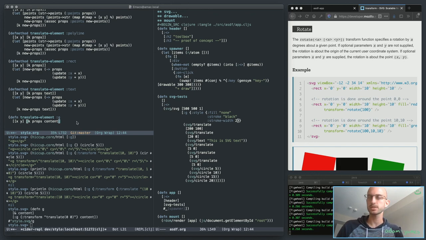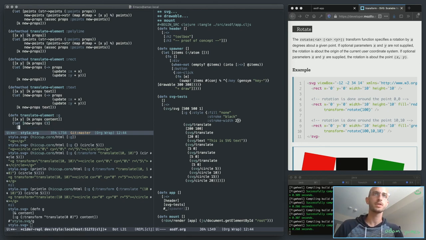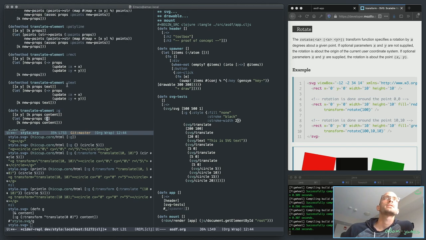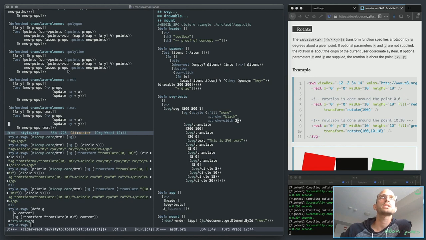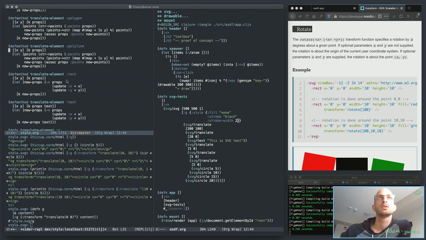So I need some let statement to, oh, what have I done here? Oh, that's right, I forgot this. Let new props be something, and then I'm going to return K is going to be fine, new props content, like that. That should work for that. And here, new props is where the slight difficulty comes in, because just like I did with path, I need something that'll parse out